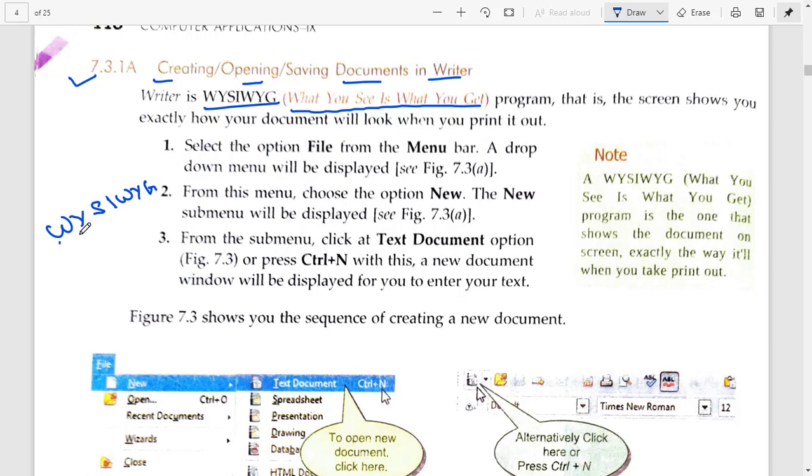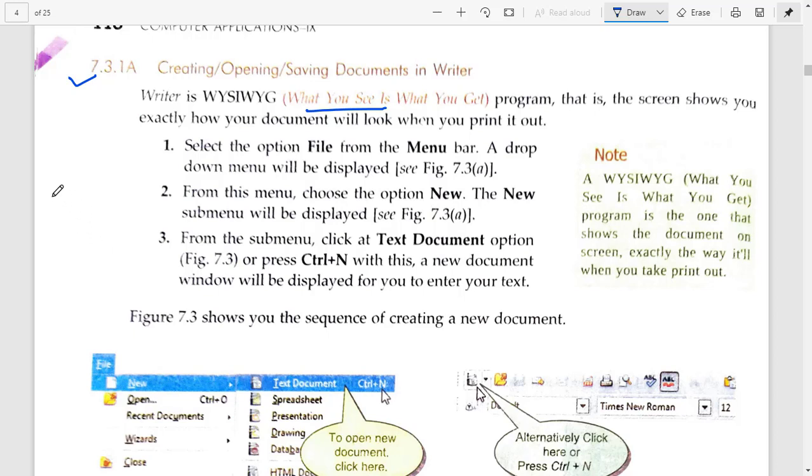It stands for what you see is what you get. So you have to remember this acronym. Writer is a document where whatever you type, the same thing you will get in your output window also. It doesn't change anything. Whatever you are able to see on your computer's display, that same thing you will get when you work with your application.